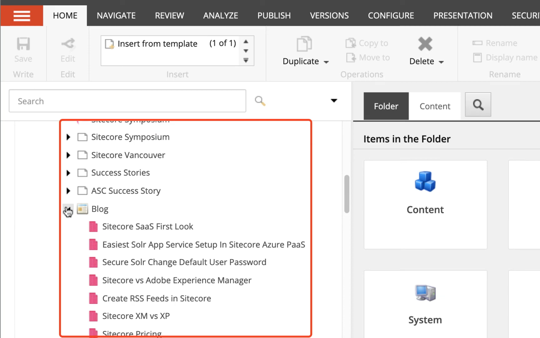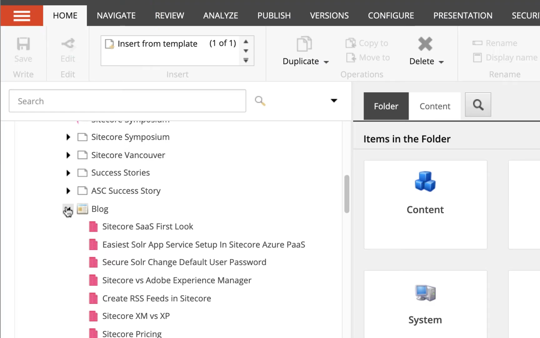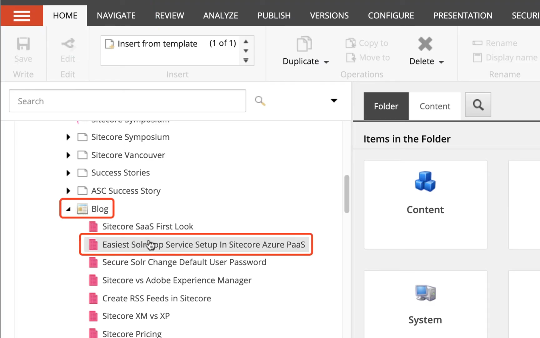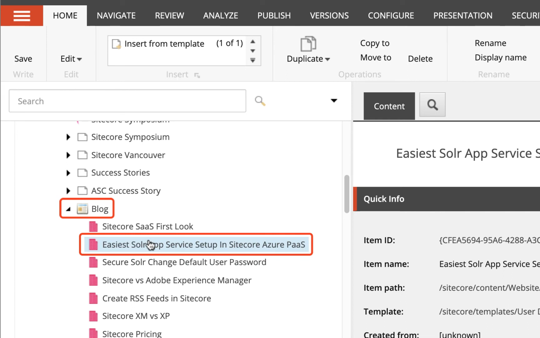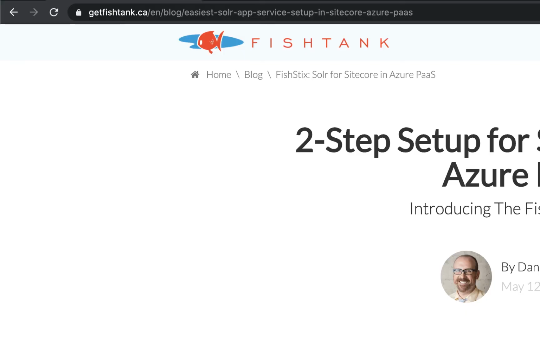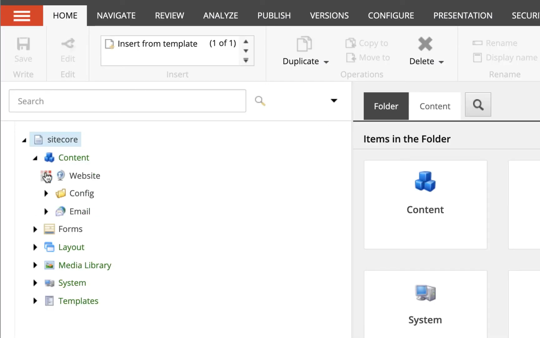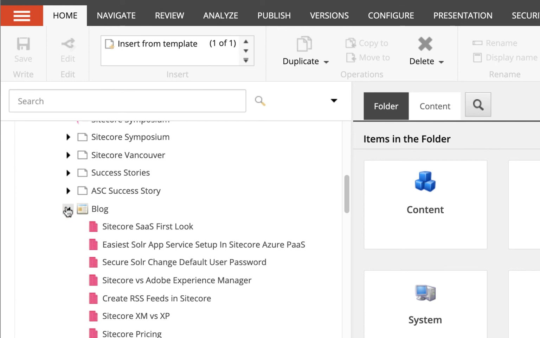Each page in the content tree is named after its URL and nested under any pages in its URL structure. You can follow this URL structure in the content tree to find your page. For example, for our URL here, getfishtank.ca/blog/easiest solar app service setup, we can follow this structure in the content tree to find the page we want